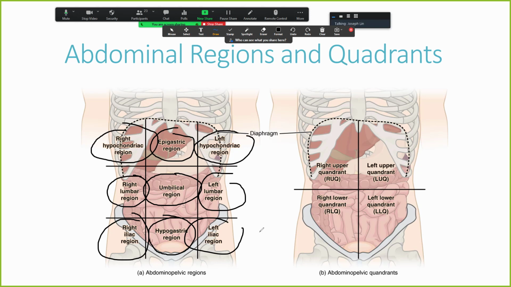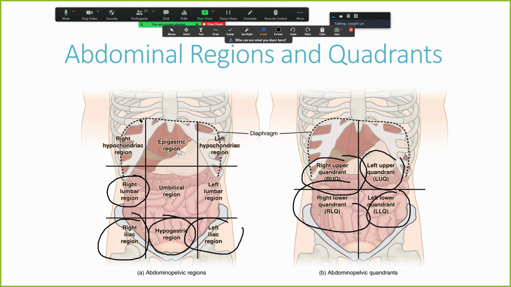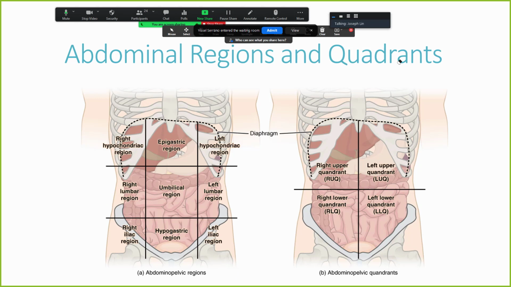For quadrants, though, it's a little bit easier. We can divide into 4, right? Instead of 9, we have 4. We have the RUQ, right upper, right lower, and left lower. So just remember when you're looking at a picture, the right on this picture is on your left. Okay, so just remember, you always want to start off with anatomical position first. And one of the best tips I can provide you right now is when you go through anatomy, when you look at different pictures and models and different names of muscles and bones,